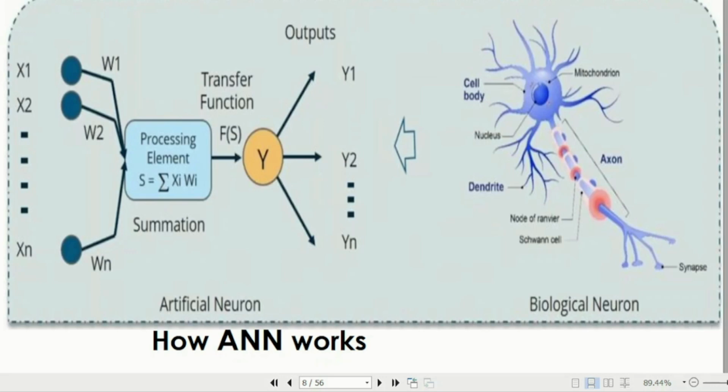So the desired output is 0 or 1 in case of a binary classifier, if we are using binary. Sigmoid is one type of activation function that could be used. There are a lot of activation functions, linear regression, logistic regression, so many things are over here that we will discuss further. So moving forward,